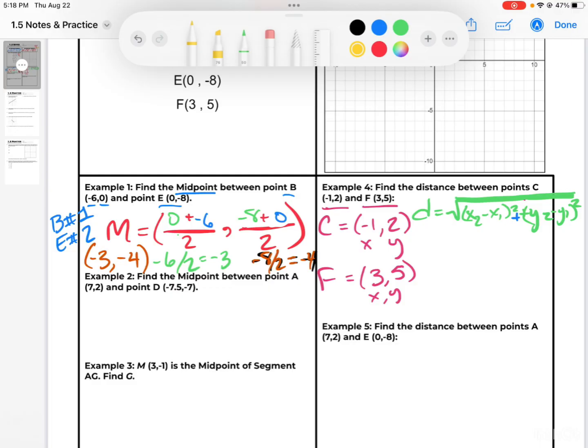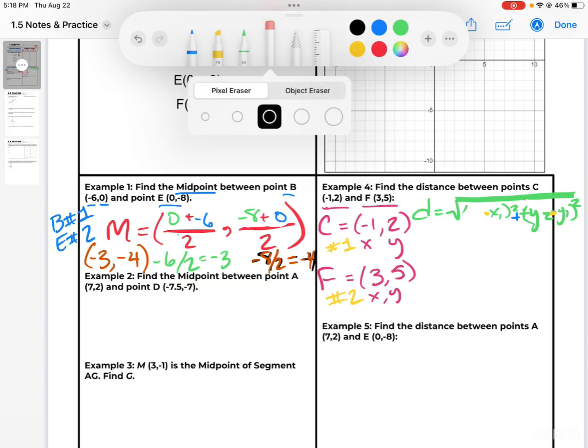So again, I kind of do a scan and look at the numbers and see if the math is going to be any easier one way or the other. And since F has larger numbers and I'm doing subtraction, I'm going to go ahead and make F number 2 and C number 1. So when I have my formula, just like last time with the midpoint, I'm going to replace the variables